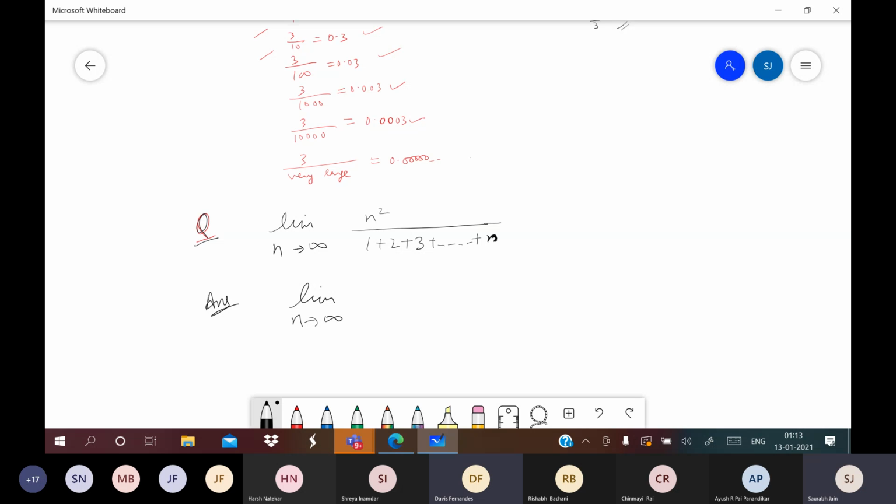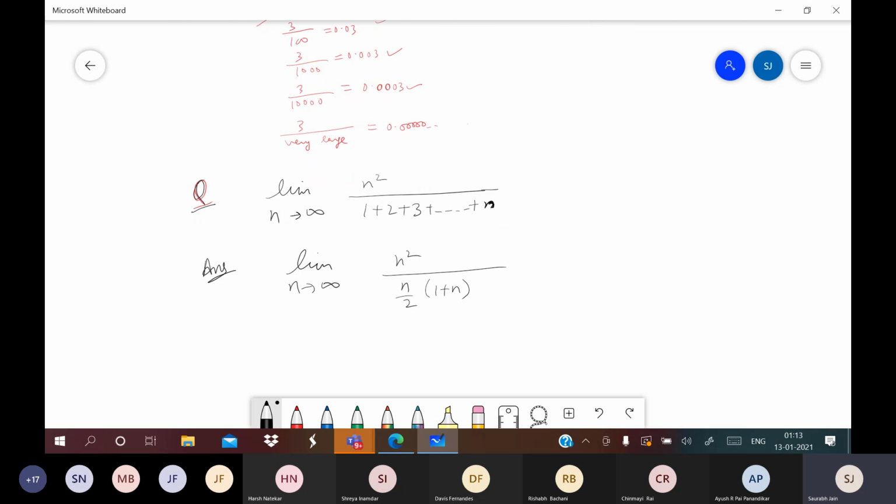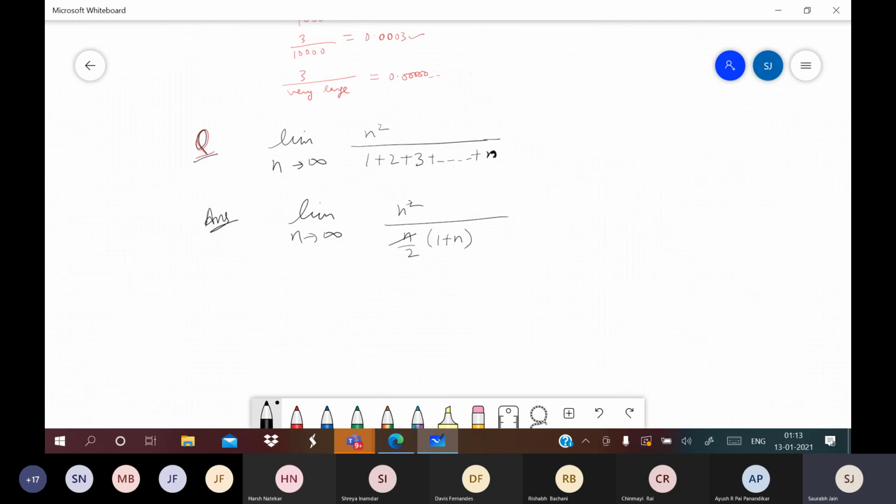So AP. Yeah, it is an AP, no? So what is the problem? You will easily get the sum. How many terms are there? n. What is the first term? 1. What is the last term? n. The formula is n by 2 times (a plus l). This is the answer. Now what will happen? Something is getting cancelled directly. 2 will be there in the numerator. This is 1 plus n.